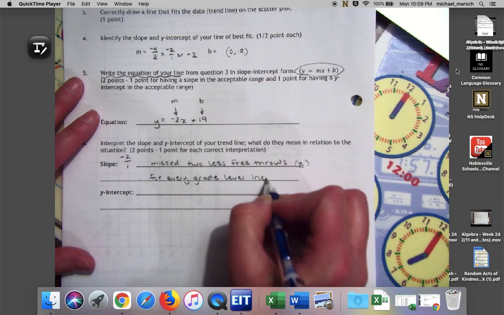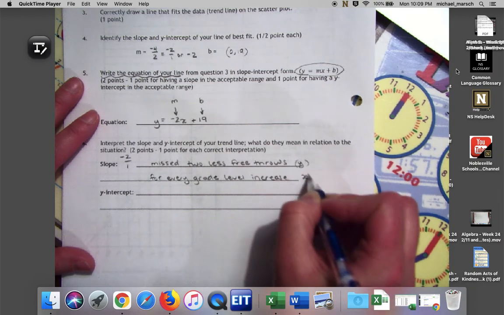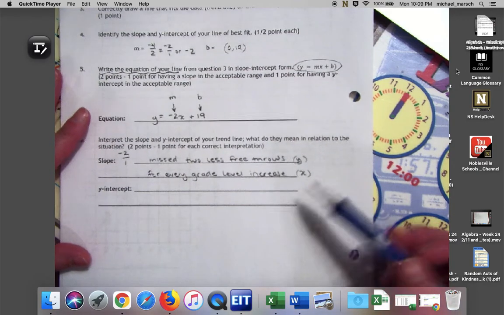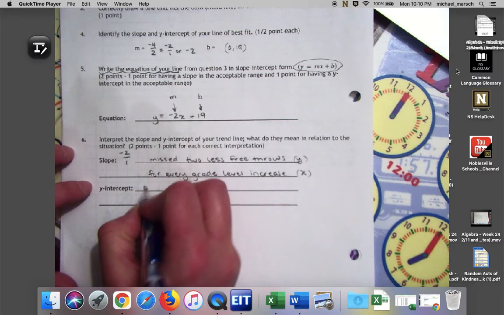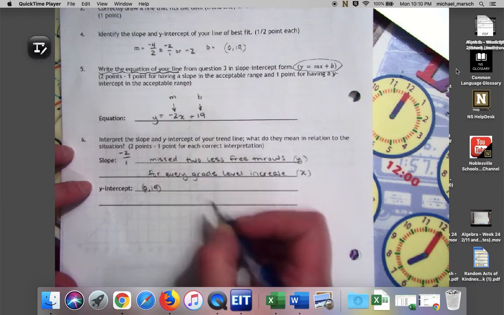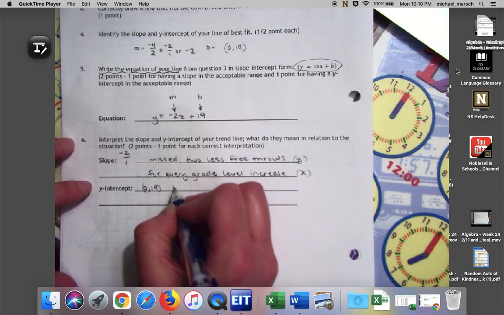And that's my x-axis title, right? So that means that every grade level they go up, they miss 2 less, which means they're getting closer to having more free throws. And then my y-intercept is 0.19, and that means that